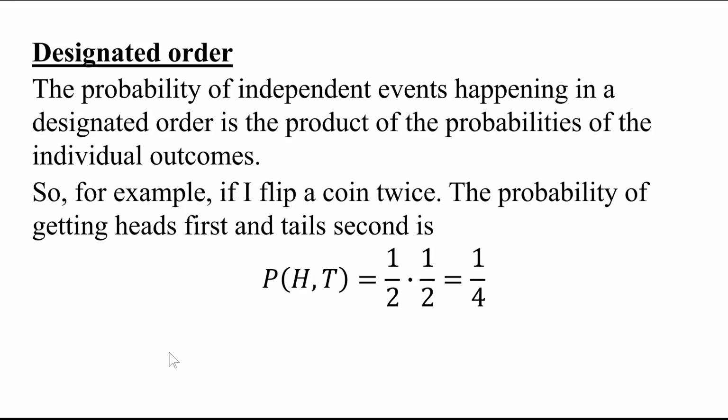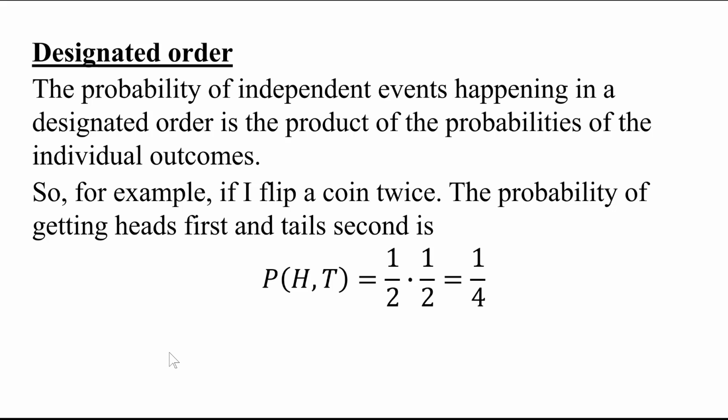It's always 1/2, always 1/2. The probability is always 1/2 that I'll get heads whenever I flip a coin. So it doesn't matter how many times I do it, it's always the same. None of those flips affect any of the other flips. All right, and what it's saying is that when you have some events like that that are independent of each other, they don't affect each other, and you want to know the probability of a certain list of outcomes happening one after the other in a certain order, what you can do is just find out the probability of each event and then